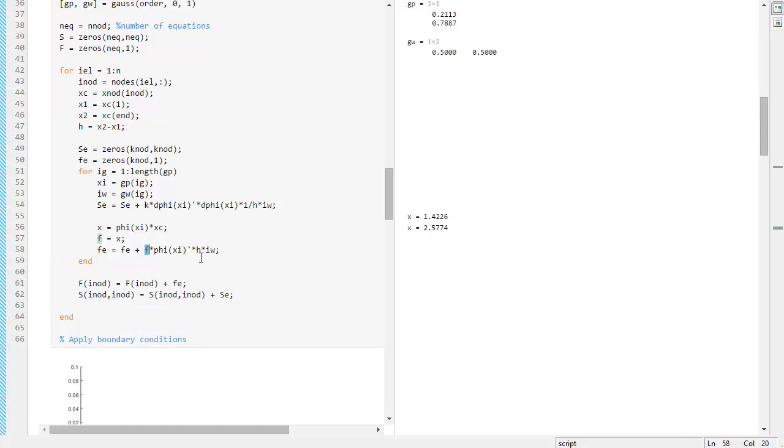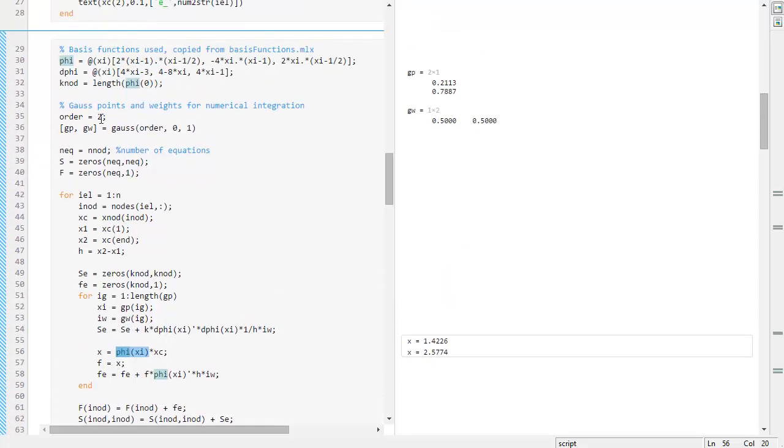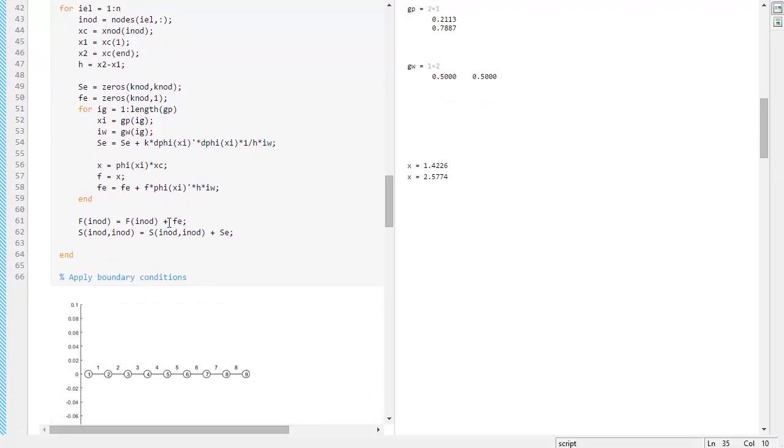Or is it? Well, the problem with this now is this: if we substitute f by x here, and we substitute x by whatever we have here, we see that we have phi times this phi here. So we have 2 quadratic equations multiplying each other. So this is actually power of 4 now, right? Because c is power of 2 inside there, and then c to the power of 2 times c to the power of 2 is c to the power of 4. So we cannot integrate this using Gauss order 2. We have to go one step up to Gauss order 3, otherwise we will have a small integration error on the right hand side. So now if we run this, just F5,